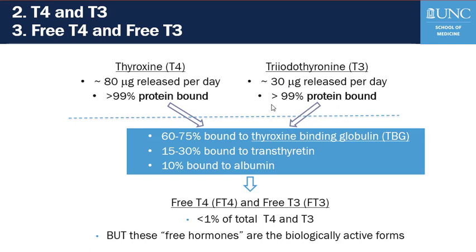So what are these proteins that are bound to thyroid hormone? So the most prevalent is thyroid binding globulin, or TBG. So be careful not to confuse thyroid binding globulin with thyroglobulin, which is the pink colloid type material seen on the earlier histology slide. In addition, 15 to 30% of thyroid hormone is bound to transthyretin and a smaller percentage